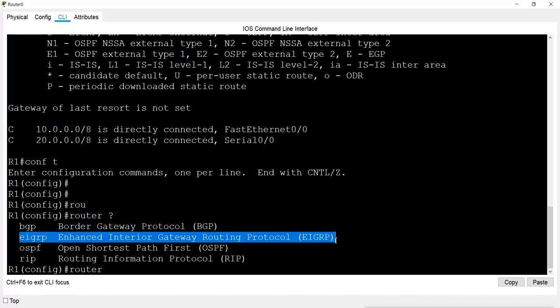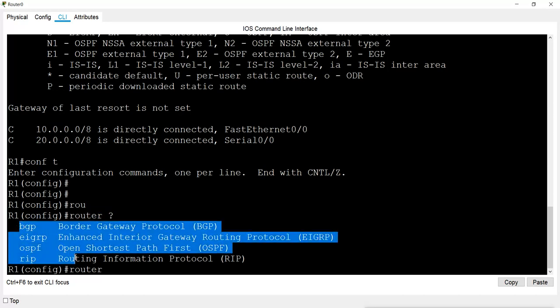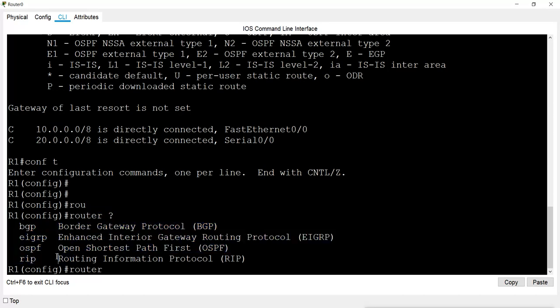If you run this command on a real router and put the question mark there, you will see all the protocols available: RIP, OSPF, EIGRP, even IGRP, and many more. Because this is a virtual router, it is not giving me the other options, but on a real router you will see more options.